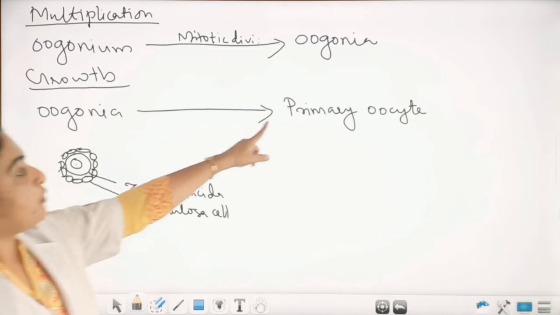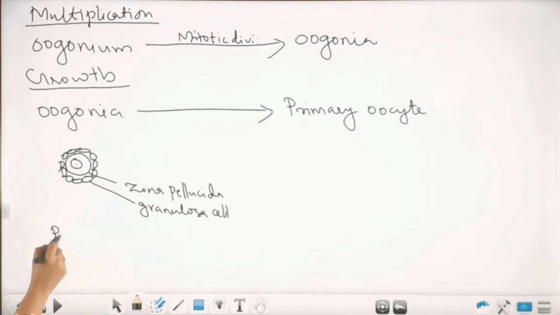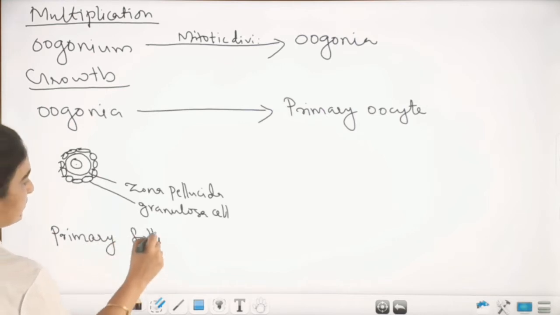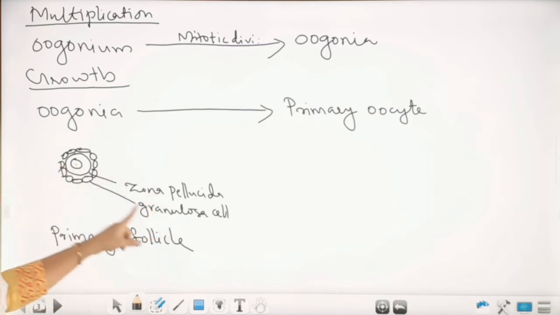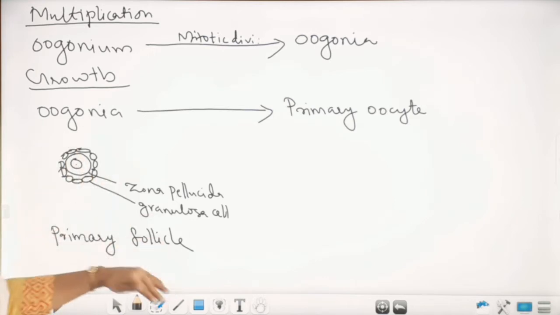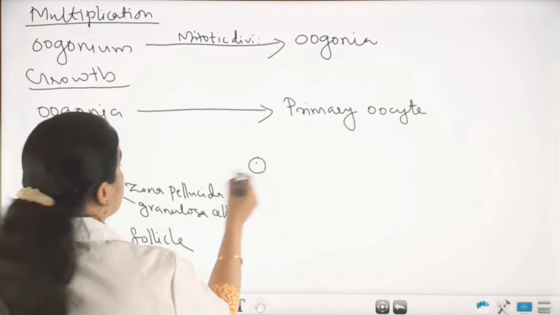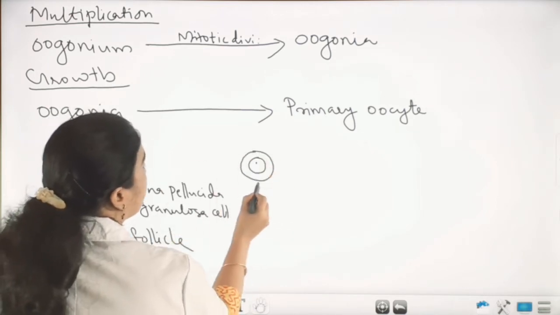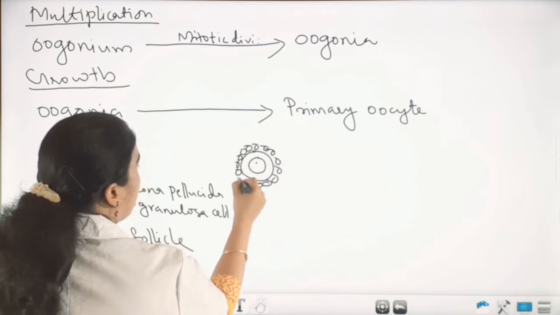So we can say the primary oocyte with zona pellucida and granulosa cells is known as a primary follicle. Primary follicle. Is it clear? So what is a primary follicle? The primary oocyte along with the granulosa cells is known as a primary follicle, and it again increases in size by having several granulosa cells. We can see the zona pellucida again, then a single layer of granulosa, that is the primary follicle,